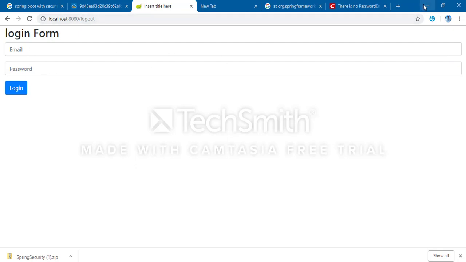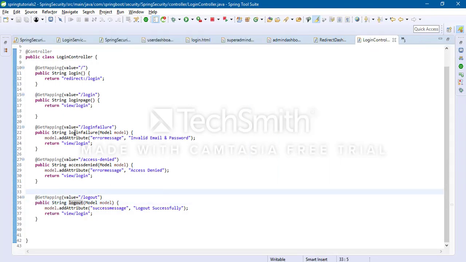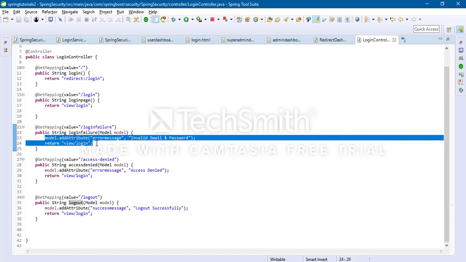Now I'm going to perform auto login functionality. Before I perform auto login functionality, if the user enters a wrong password or wrong email, how do I identify that? How do I need to write this email and password in my login failure method? If the user enters @gmail.com or something and I click here, it displays invalid email or password, but I need to find the email ID and password